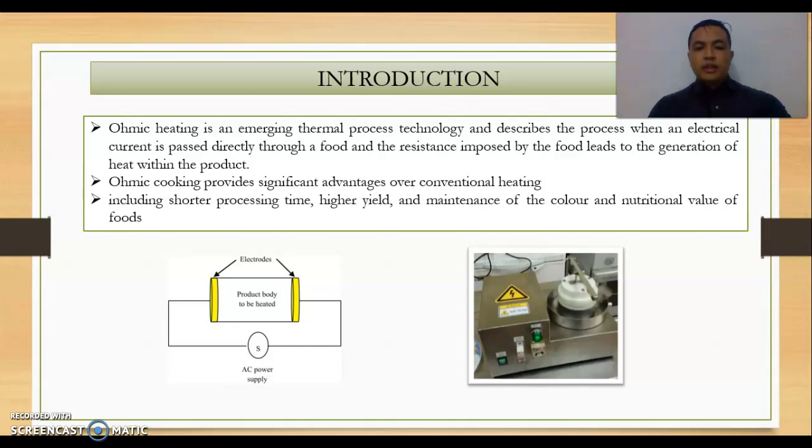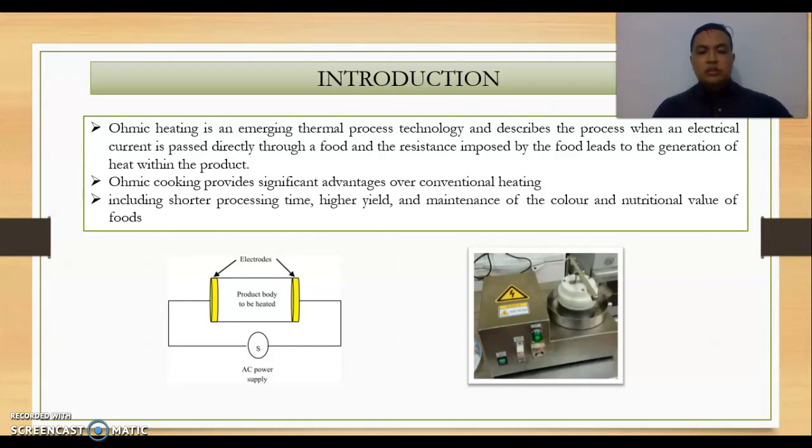Ohmic heating is an emerging thermal process technology and describes the process when an electrical current is passed directly through a food and the resistance imposed by the food leads to the generation of heat within the product. So the basic principle as well as the main factors influencing ohmic cooking have been explained by Sastry et al. 1992, who report that ohmic heating can be used in a continuous flow mode to cook and sterilize liquid food